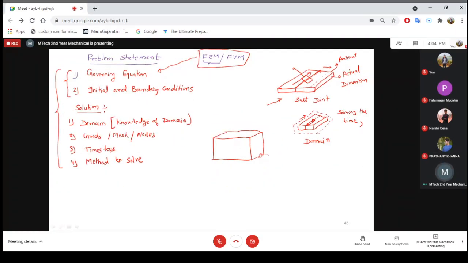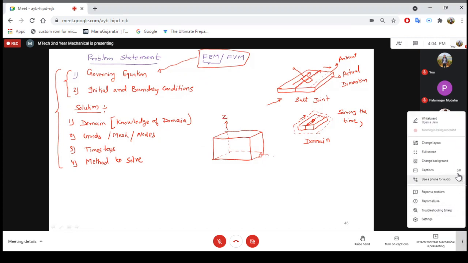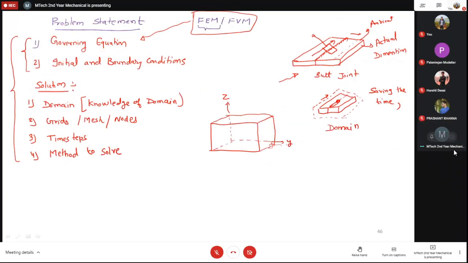So this is say the shape. Let me represent the directions. Okay, this is the z direction, this is the y direction, this is the x direction. Okay, and there are different views. We have the top side of this thing. So let's say we are having the heat source at top of the surface. This is the heat source, and we have the welded structure or the weld bead here.